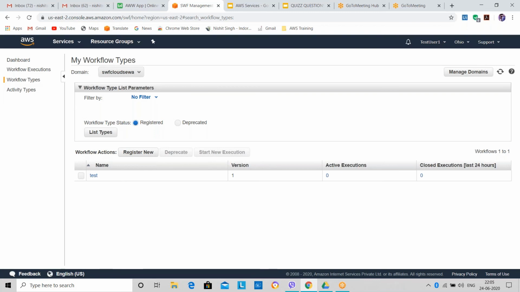See, for example, as you told, SWF is a mechanism where I can build a workflow, some process, right? Okay.